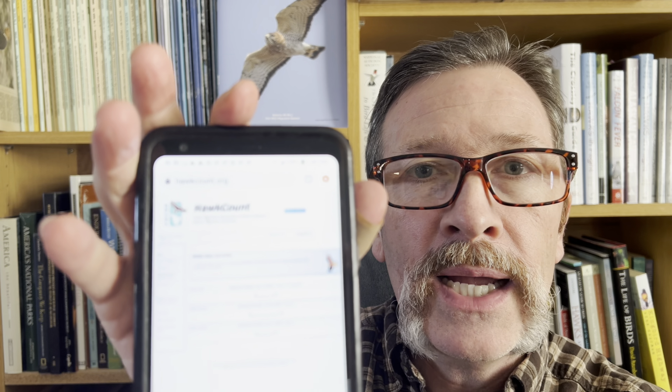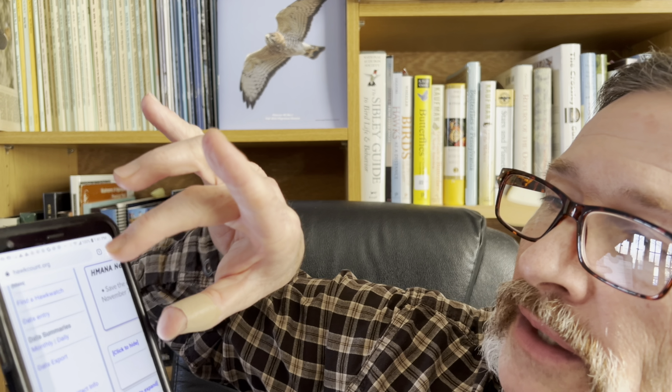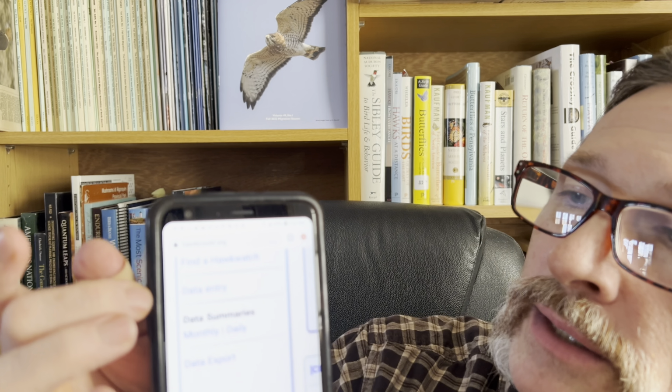The way that I do that is I'll just take any phone, and the first thing I need to do is get this to turn on, and then I'll go to hawkcount.org. And then I have to enter in data entry. The very first thing that I always do is make everything bigger so I can see it. So now I can see data entry. Once I have data entry, I can click on that. From there, I need to enter in all of my information. So it'll say for the date,